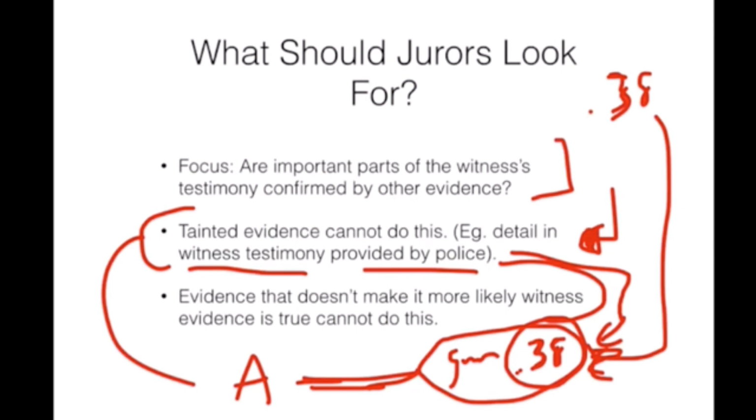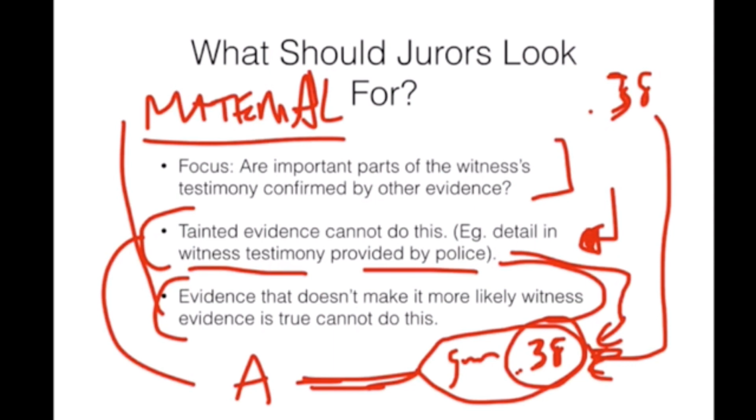And there's some funny cases where judges have given examples of confirmatory evidence, things that are matchable to the witness's evidence, but don't actually make it more likely that the evidence is true. They're just incidental details that don't actually give you any reason to believe that what's being said is true. It has to connect to a material part of the implicating testimony.